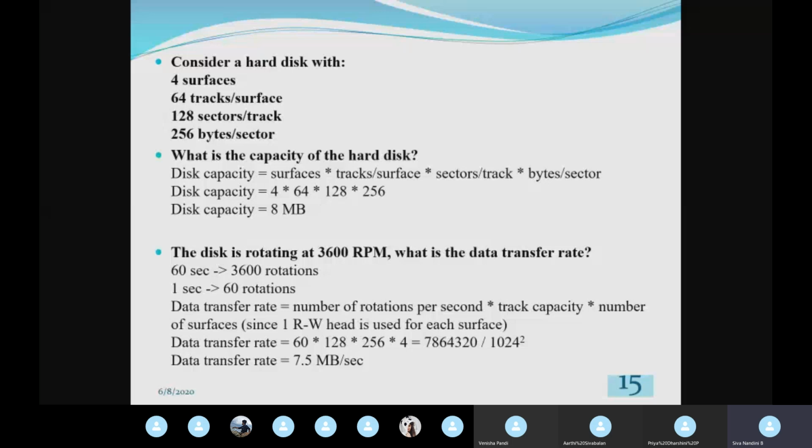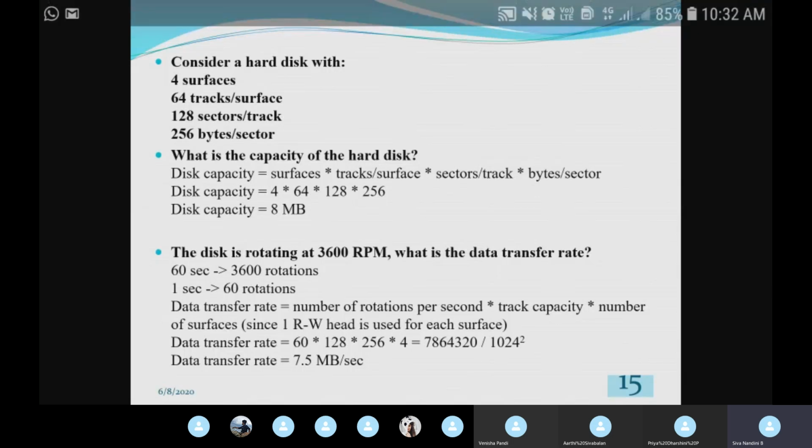For converting bytes into megabytes, I divide the bytes by 1024 square, that is 1024 into 1024. One more question can also be asked in this: it will be given that the disk is rotating at 3600 RPM and it will be asked to find the data transfer rate.